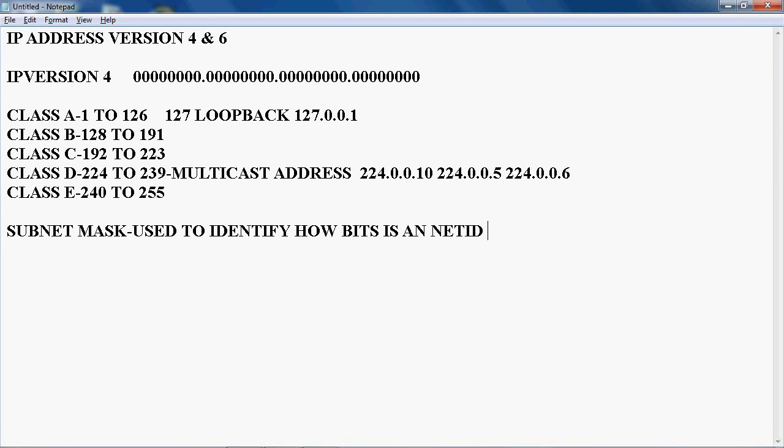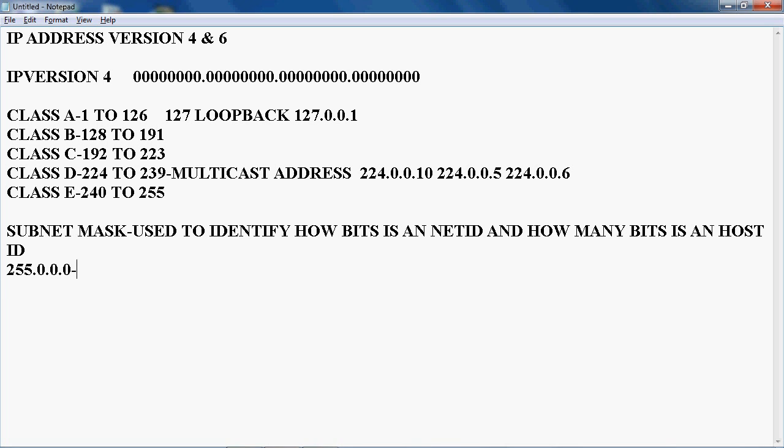Net ID and how many bits is a host ID. Okay, so for example, class A, the default subnet mask is